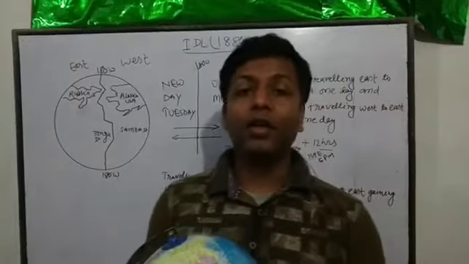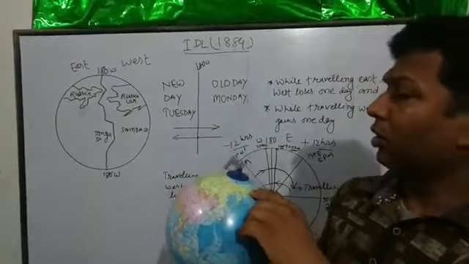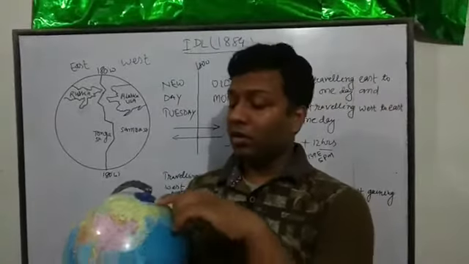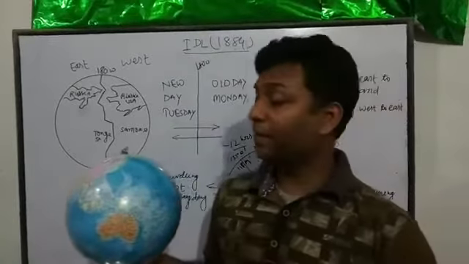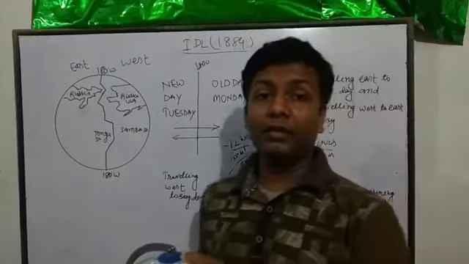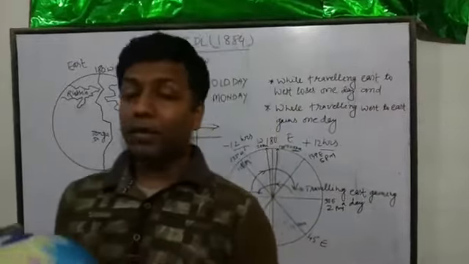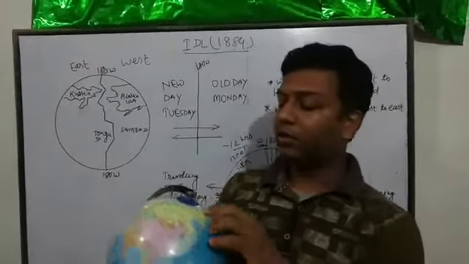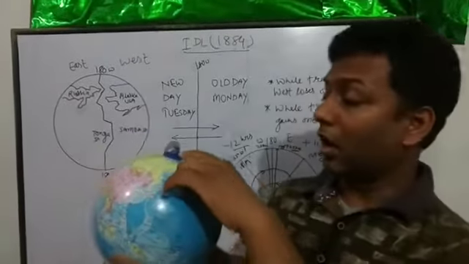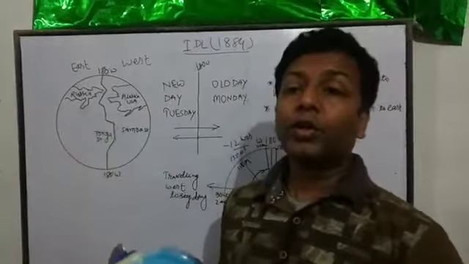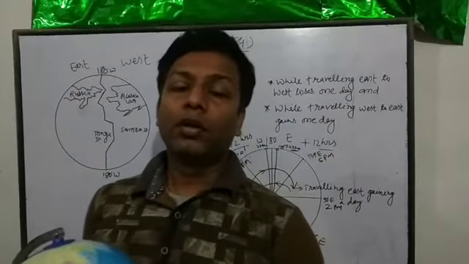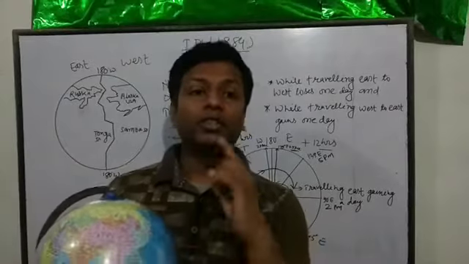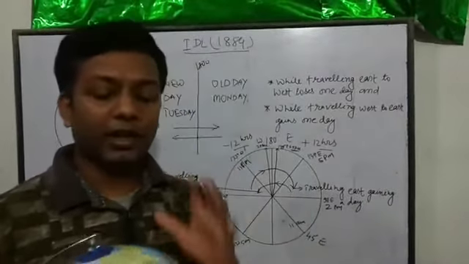Why a zigzag line? Because when it comes to deciding the international date line, there is a problem because there are so many land bodies and islands that fall under and cross this line. So the solution found was that the line should be zigzag. That's why there is a zigzag line.